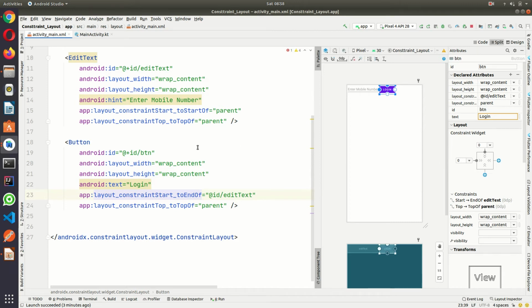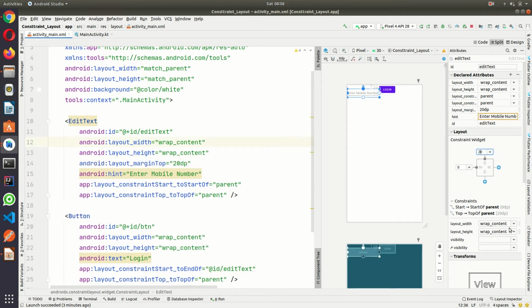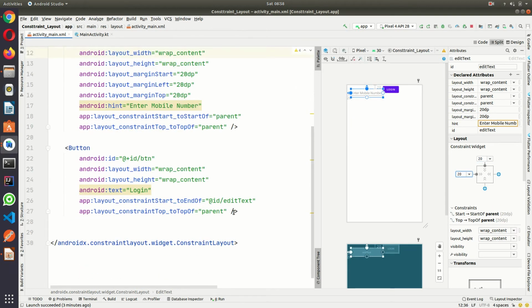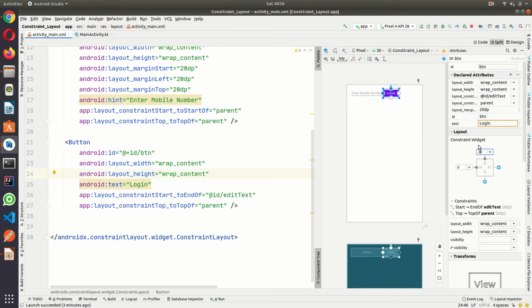Here no need to do anything. Now I'm going to add some margin so that it looks good. Here also I can give some margin.